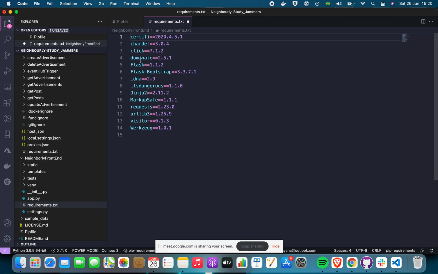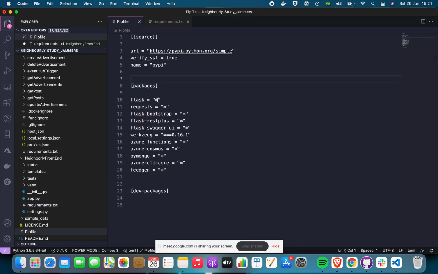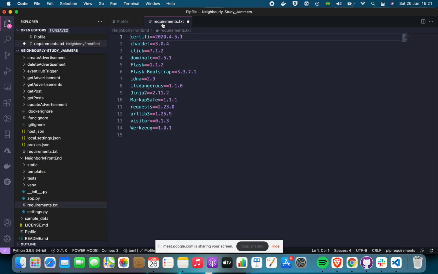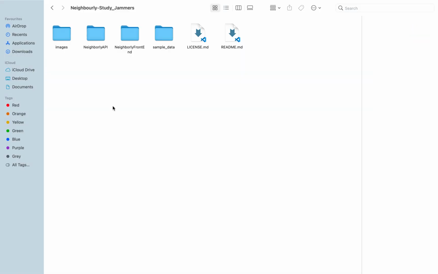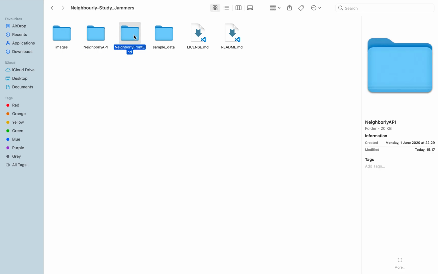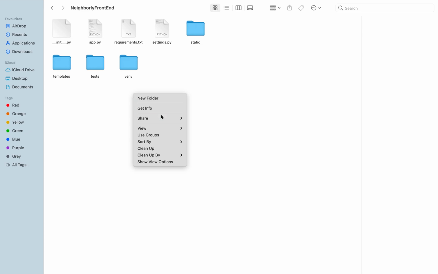And also, it's dangerous, the rest should be fine. This Pipfile, what does it have? It has Flask, requests. One more thing that I would like to say is that in the Neighbourly frontend app, they provide already a